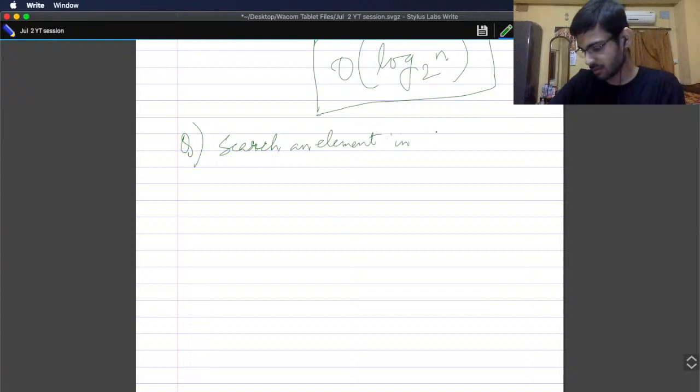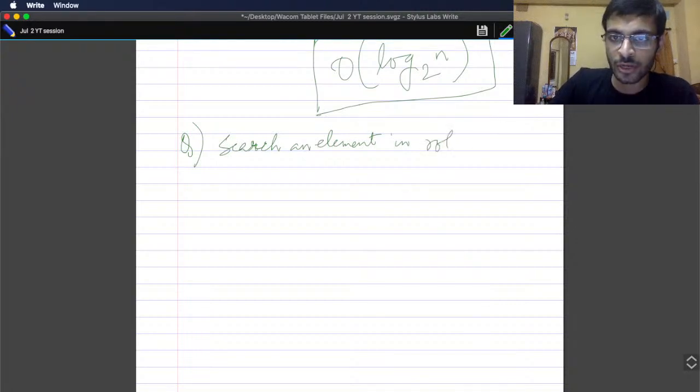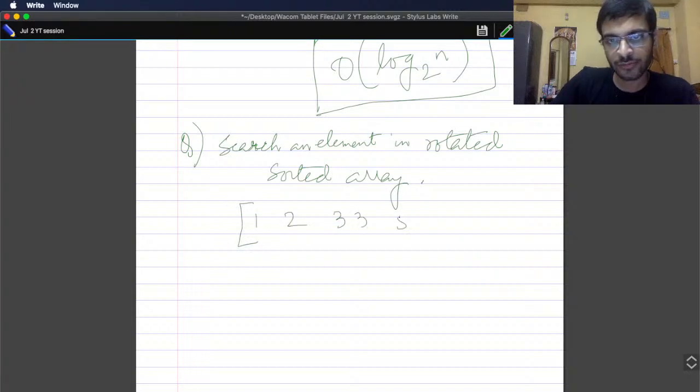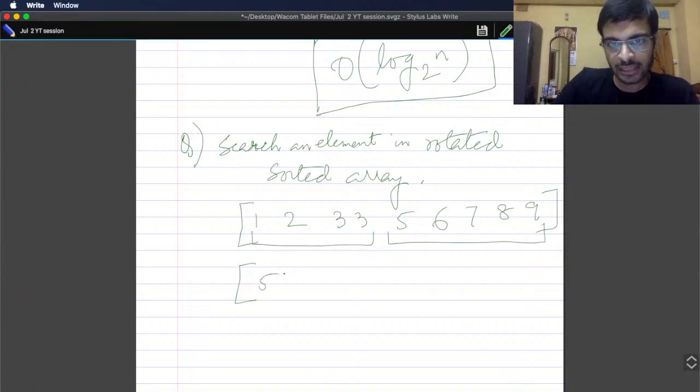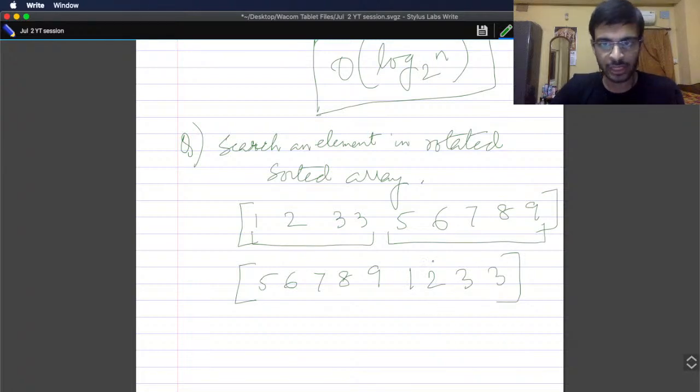in, what is that called, yeah, rotated sorted array, okay, रोटेटेड सॉर्टेड इंटीजर एरे। मतलब क्या होता है कि मान लीजिए एक सॉर्टेड एरे है 1 2 3 3 5 6 7 8 9। रोटेटेड सॉर्टेड एरे मतलब होता है कि लास्ट का कुछ पार्ट उठा के बिठा दिया और फिर पहले का कुछ पार्ट बिठा दिया। So it's something like this: 5 6 7 8 9 1 2 3 3, ओके।